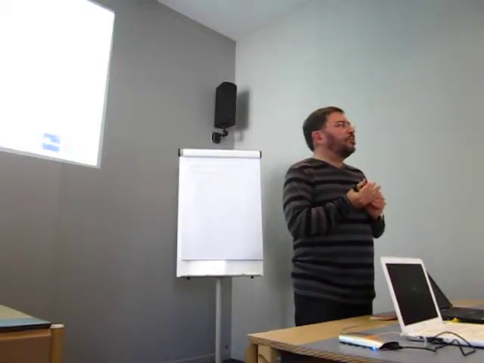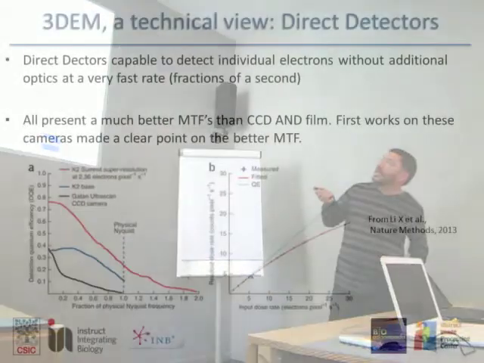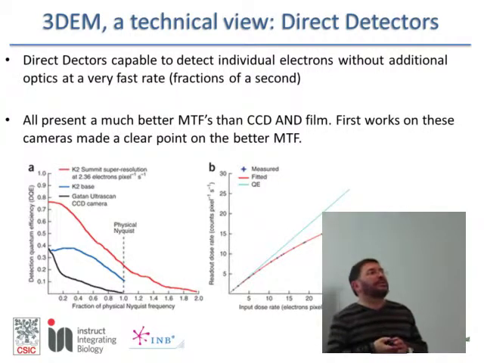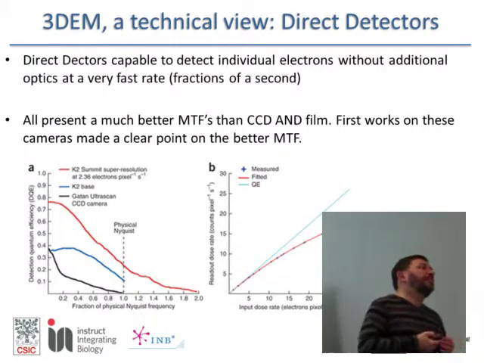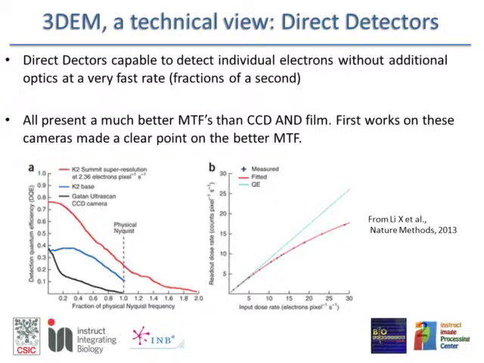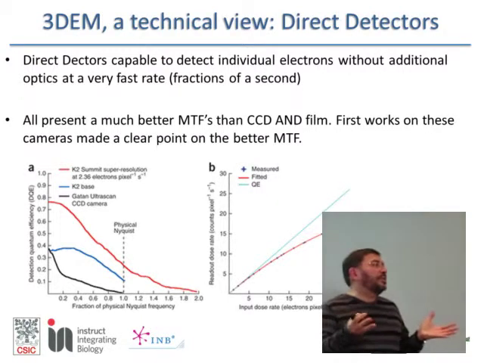Okay, the first step that we were doing very bad was how we were obtaining our images. We were having images that, by the way they were acquired, the mechanism of acquisition was losing information. And it is only in the last 2 years that we have had the way to understand that, by what we call direct detectors that actually have a very high efficiency counting electrons and are very fast. So we are able to record in 1 second 16, 20 images with much better signal to noise ratio than we had before. So far what I'm telling you, much better modulation transfer function than CCD, you know, these charge coupled devices for image